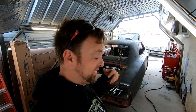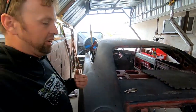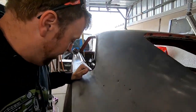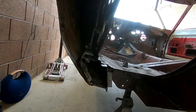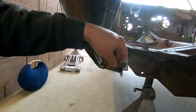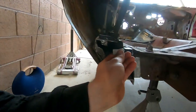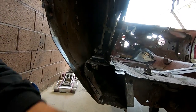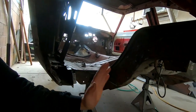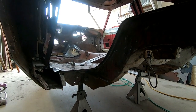Everybody, back to business on the rear end of General Mayhem. So pretty much I've got to do everything that I did on the passenger side, I've got to do on the driver side. Starting with fixing the back of the rocker where it was hacked apart. So pretty much all I've got to do is add in a couple little pieces, which is here, add a little piece up here, and then I've got to weld in the cuts, and that's just to fill that in